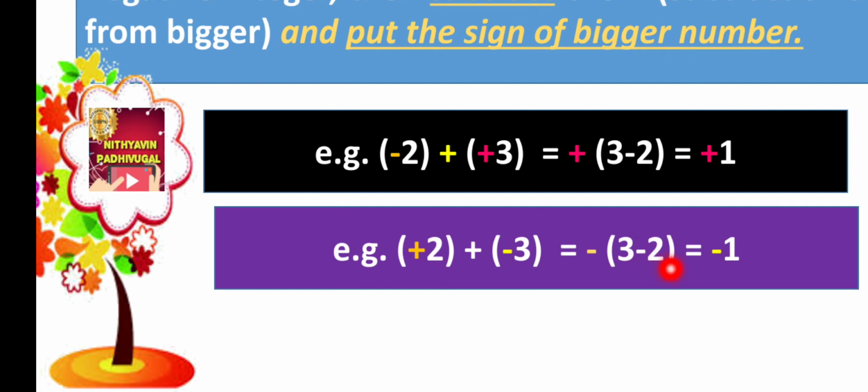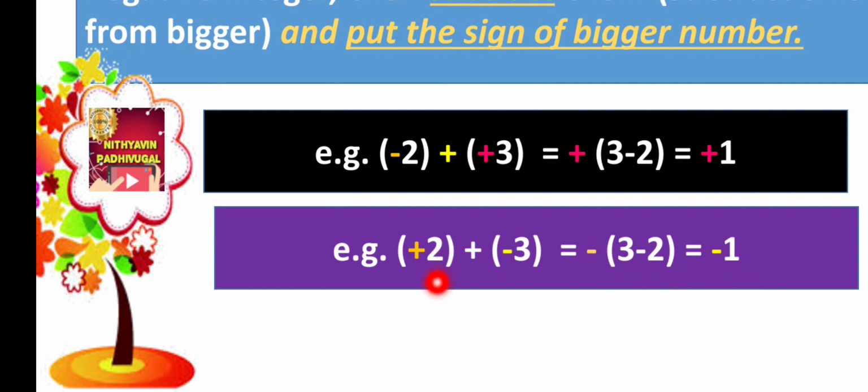So 3 minus 2 is done here. But we have more loss than profit. We have to give more than we are receiving. So there is a loss. The word loss, the action of getting loss, is denoted by minus sign, which is equal to numerical value 3 minus 2 is 1 with a negative sign. So minus 1.